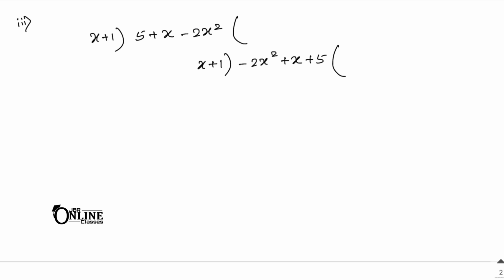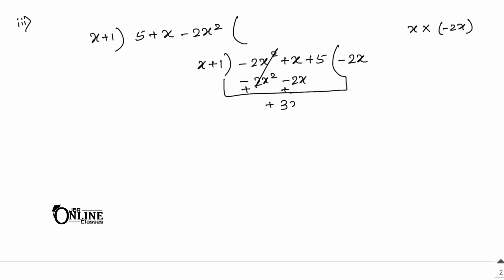Okay, so now as you have x, if you multiply x with minus 2x, then it will become minus 2x square. So write down here minus 2x, then it will be minus 2x square and then minus 2x. Now here minus minus plus, it will be plus again, so this will cancel out, and this one equals 3x plus 5. Okay, now if you multiply with plus 3, then you will get here 3x plus 3. So here it will be minus minus, cancel out 2.